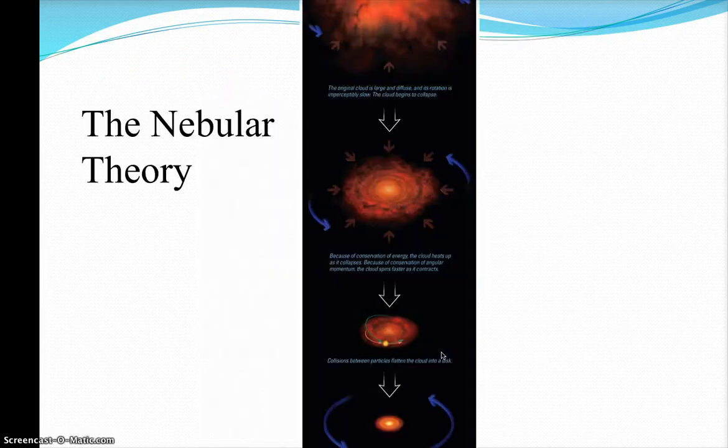So the nebular theory basically says we have this cloud of gas, just as we talked about in the recycling process. Something causes it to start to collapse under the force of gravity. As it's doing this, it begins to rotate. There's always going to be some overwhelming motion in a particular direction. And it also starts to flatten out as it collapses.